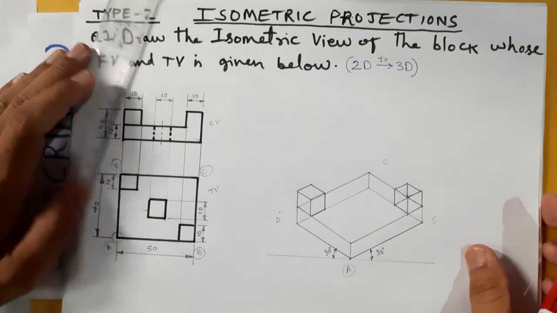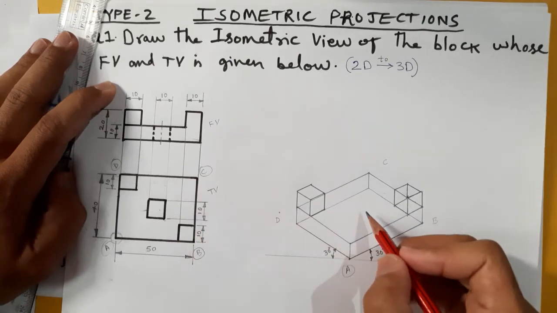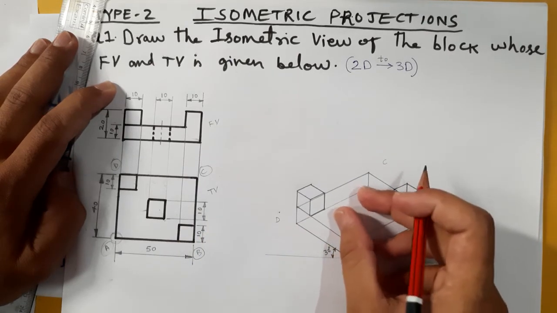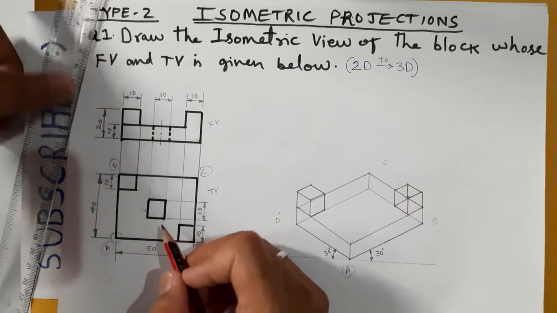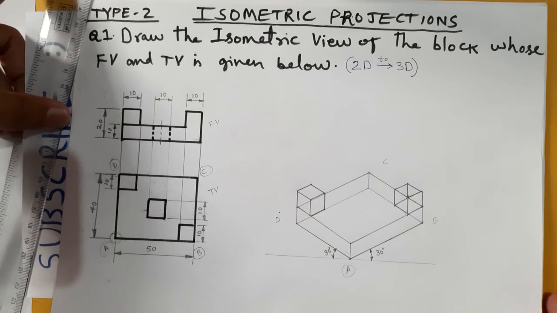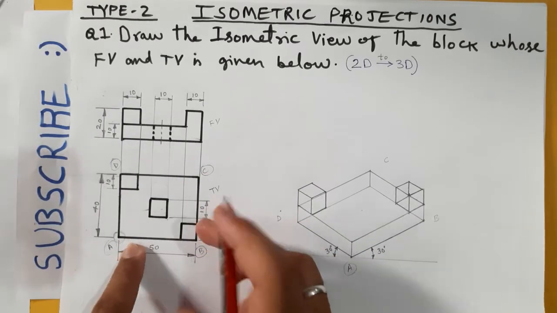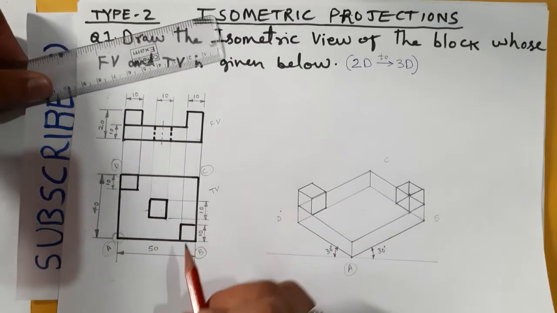Then we have a hole over here at the center. So first you need to locate where is the center of this? You may draw a hole here, here, little here and there. So first let us find out where it is exactly. So in the diagram they have not mentioned much data, so by seeing this diagram we can say that it is at center. Okay, so center, how you will find?